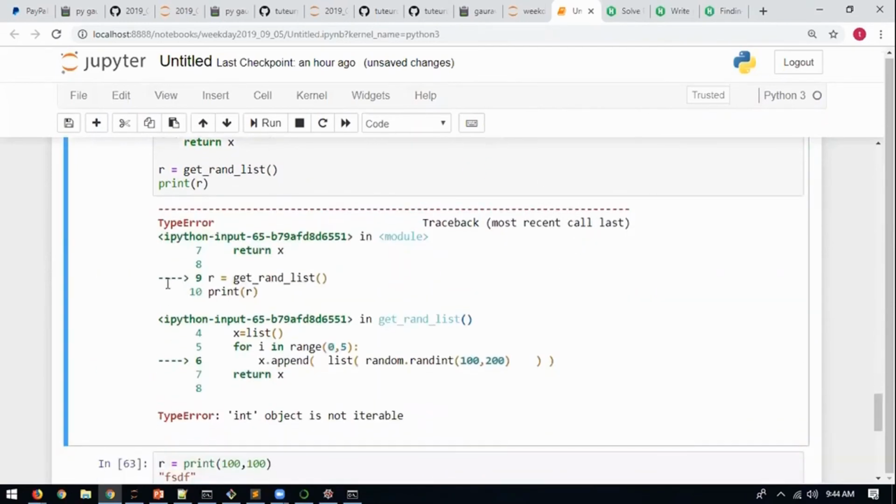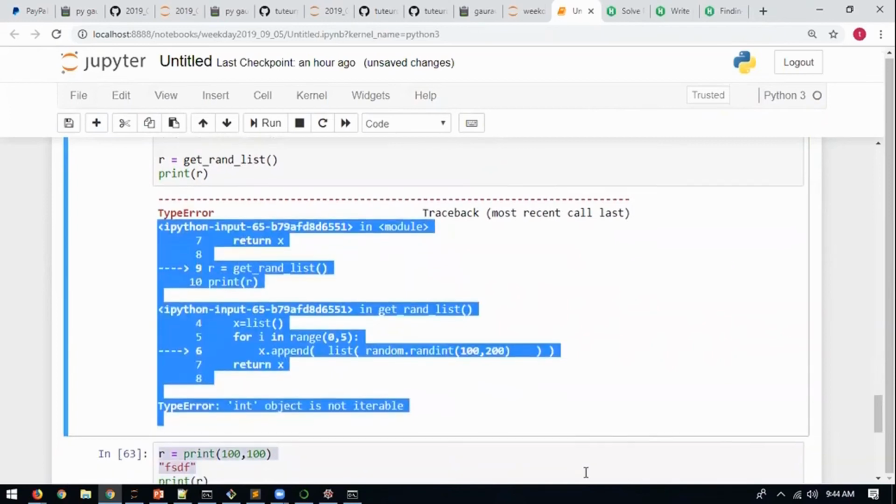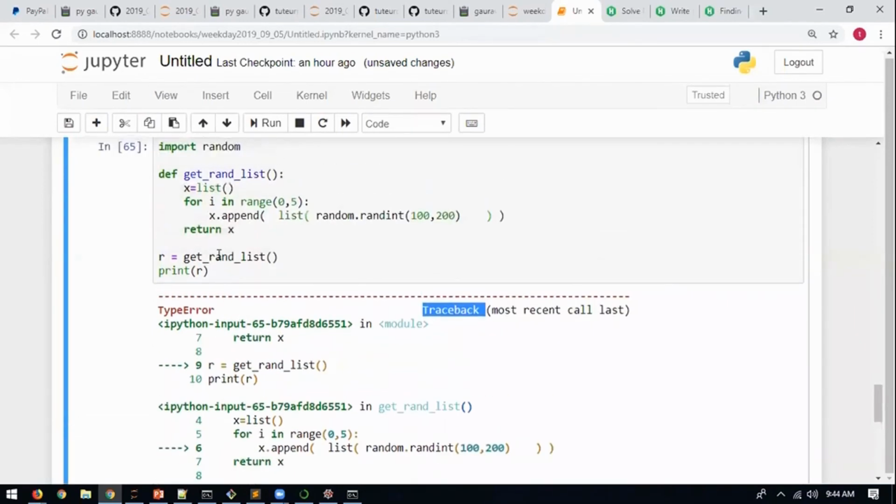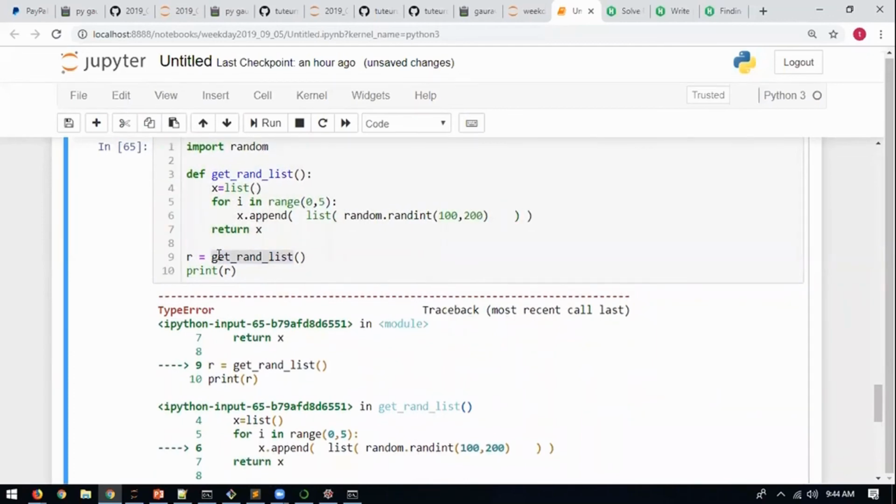You see something? This thing is the stack traceback. It says traceback. Did anyone notice it says traceback? Did you read the meaning, or did you just start fixing? Traceback means the error started from this line, then it went to which line? This line. Why? Because you called the function in line number 9.